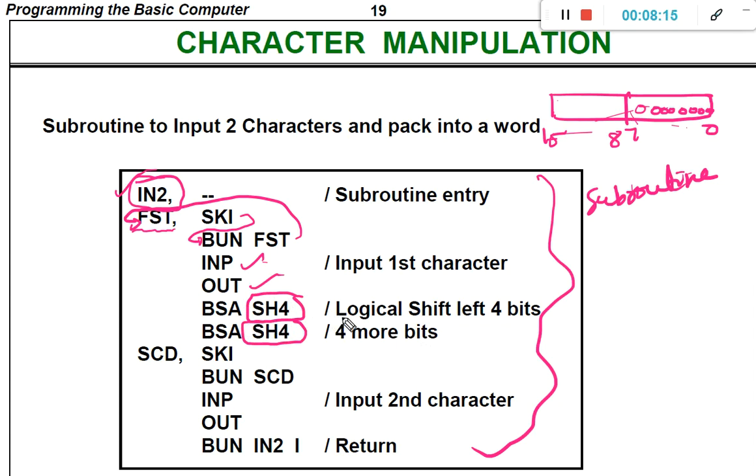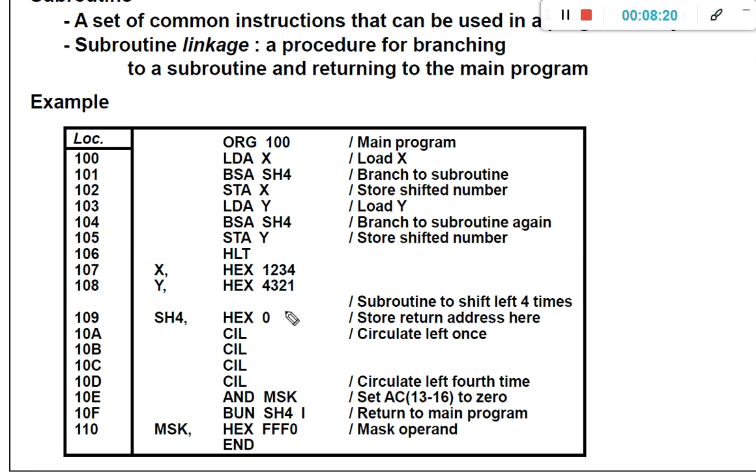The code for sh4 we have already seen in the previous class. So, this is the code for sh4. This is the implementation that is needed to actually shift the bits. So, what we are doing, we are shifting the bits 13 to 16 to left and making them 0. So, this is the sh4. In the previous video we have discussed this code. So, if you have any doubt, you can watch that video once again.